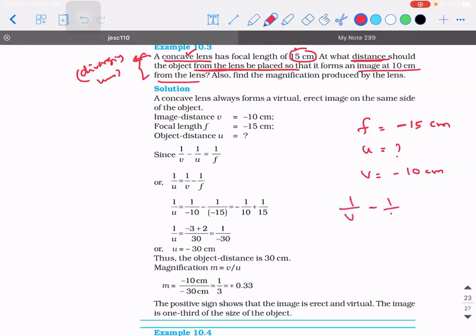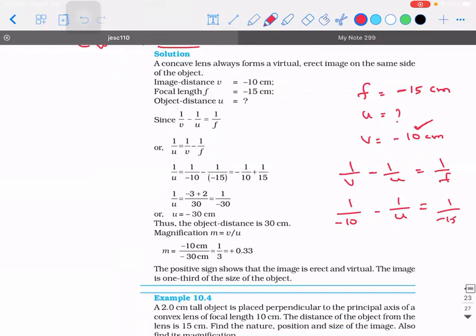Okay. So 1 by v minus 1 by u is equal to 1 by f. 1 by v is minus 10, minus 1 by the unknown parameter. You should not introduce the sign. But by default, what should the value of u come out as? Should it come out as negative or a positive value? Since you have got v as negative, it should be negative, because virtual image means image and the object are on the same side. Means image and the object should have the same sign, is equal to 1 divided by minus 15. When you solve this, you will get the value of u as minus 30. Okay, that part I am leaving to you. So u will come out as minus 30 centimeter.